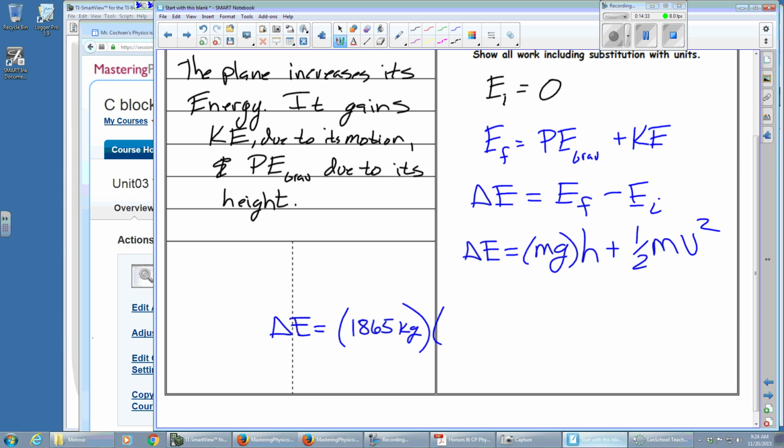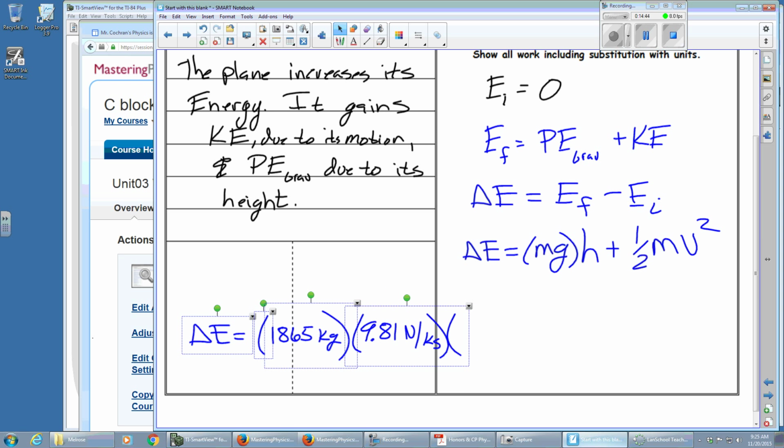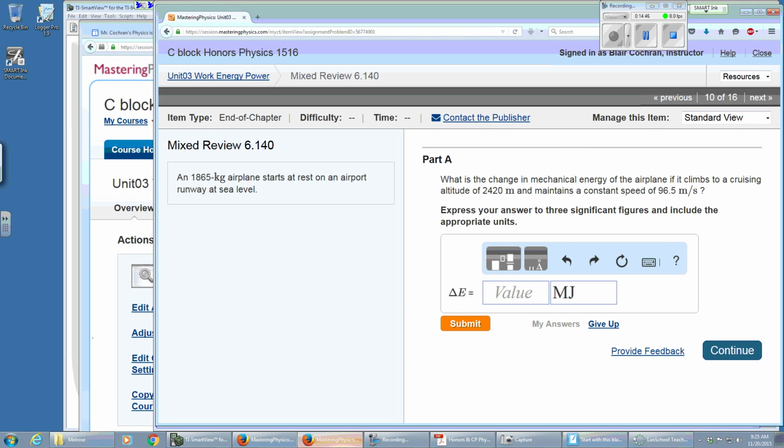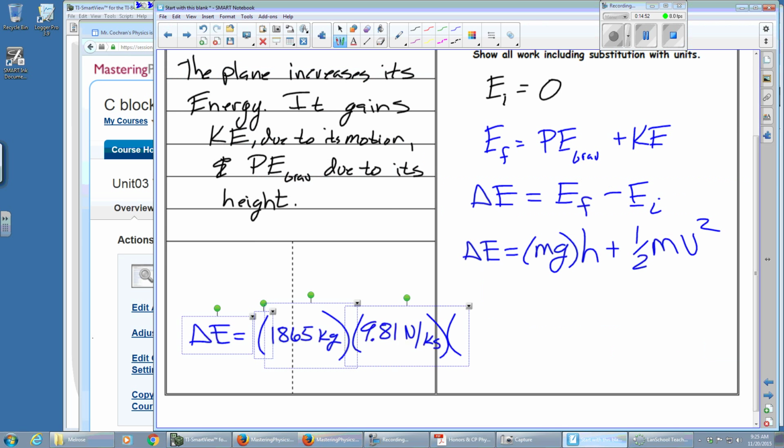And then the g is going to be the gravitational field strength, so 9.81 newtons per kilogram. My height, what unit should my height be in? Meters. Oh, nice, they gave it to me in meters. 2,420 meters. Plus 1/2